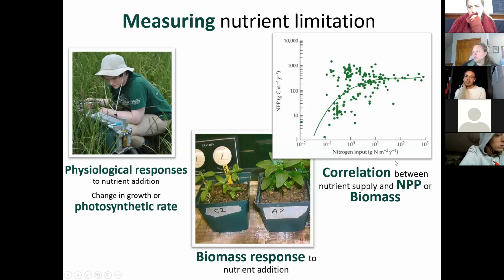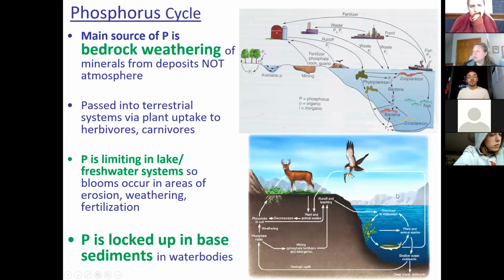So Dr. Aldred looks at how net primary production, or your productivity, varies as a function of nitrogen input. If you don't have a lot of nitrogen, you're not going to have a lot of production. Crank it up and you will, but to a point, right? She also looks at how photosynthetic rate can change as a function of the level of nitrogen, and again, measures heights of plants and so on.